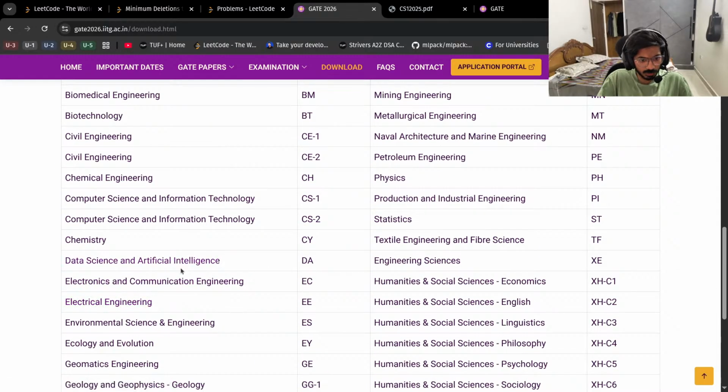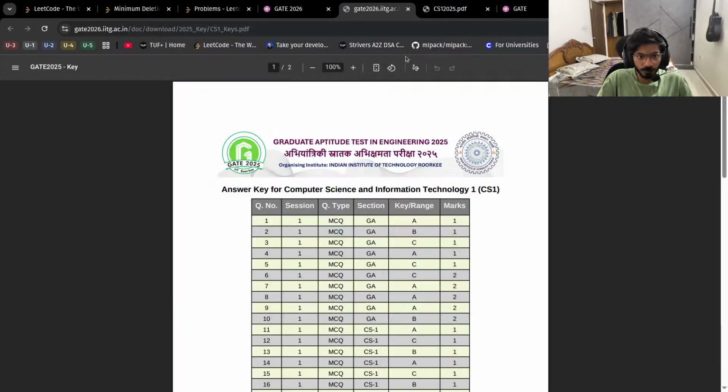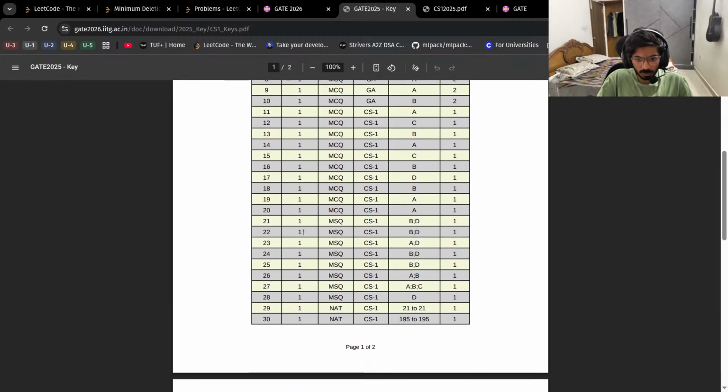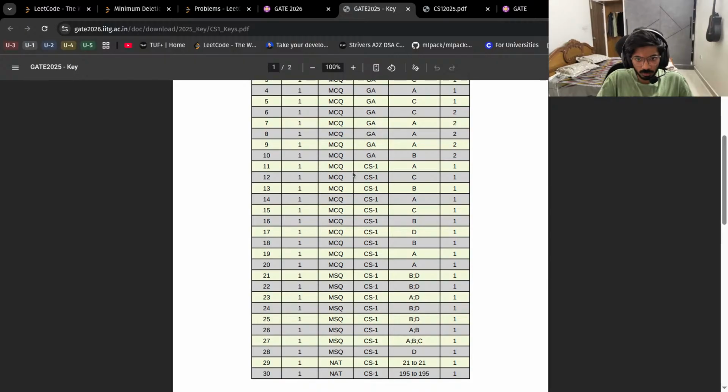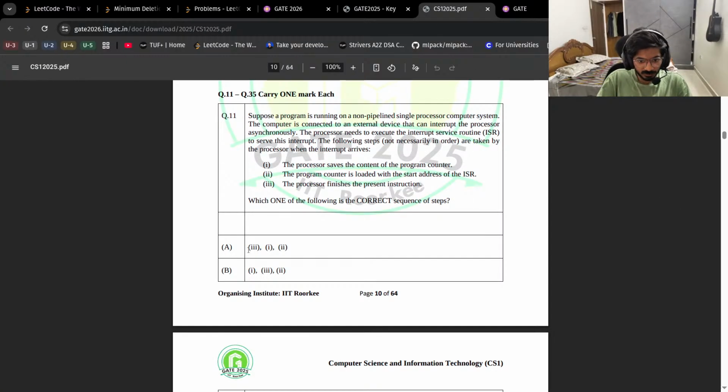Answer keys. This is the CS1 question. Ooh, A. The processor finishes the present instruction. Why does it finish though? It waits for the present instruction to finish. Okay,